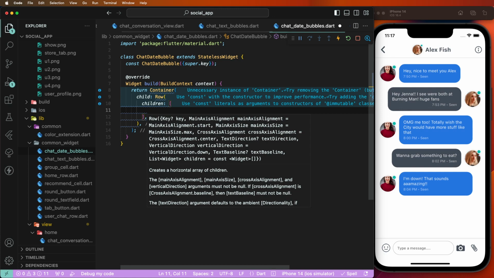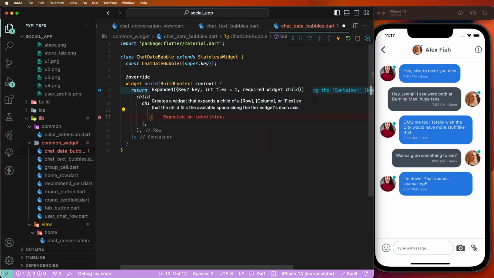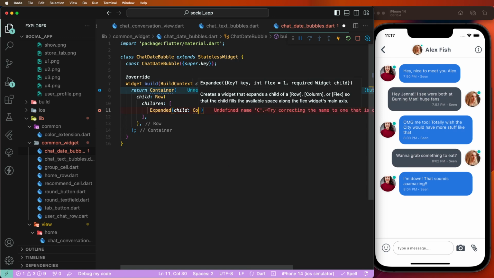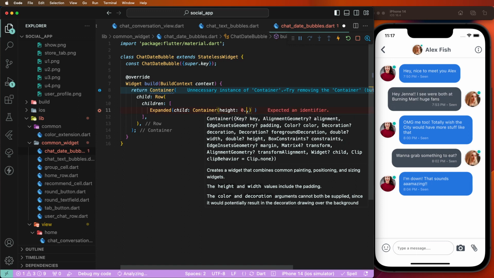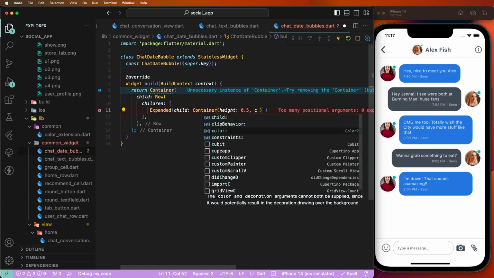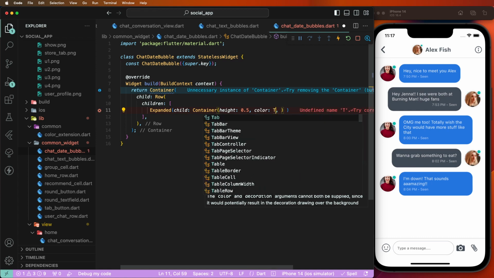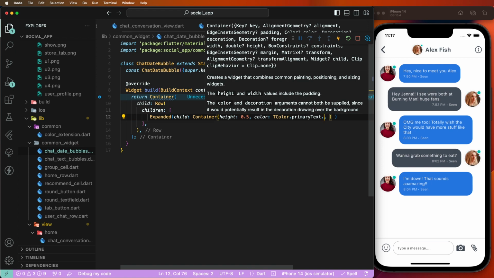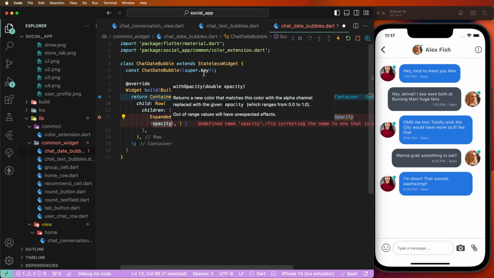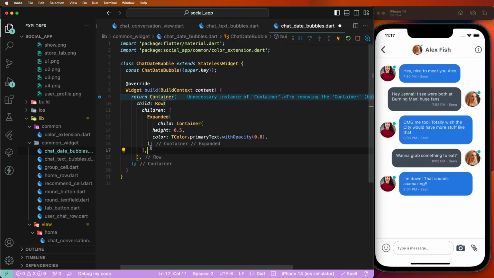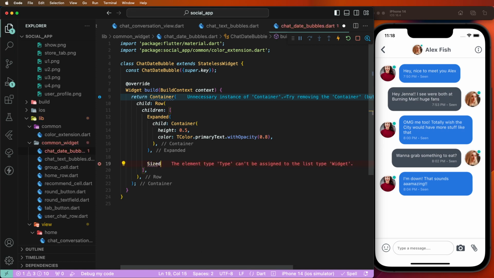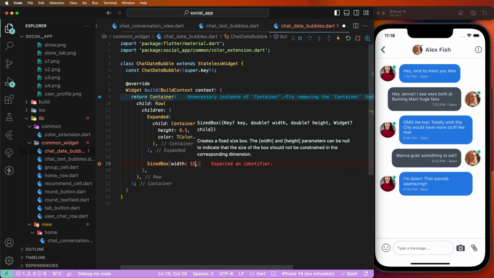Suppose need to draw here the lines, here the expand date, here the container, to give this here the height, need to set this 0.5, and then after need to set these colors, give this here color as a the primary text with opacity need to set this here 0.80, like this set here, and to give this here the size box width, need to give this here the 15,